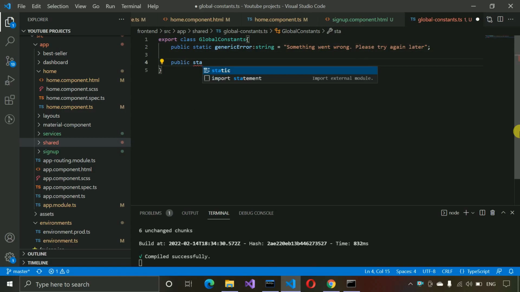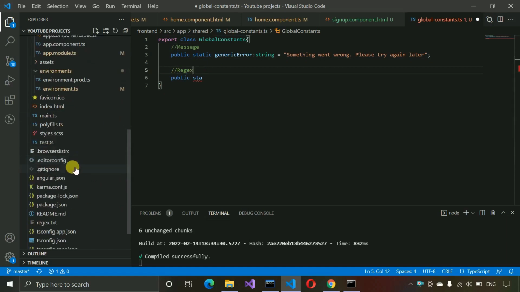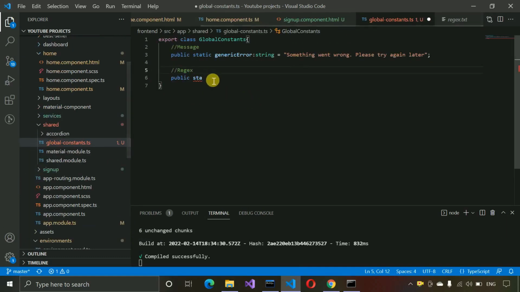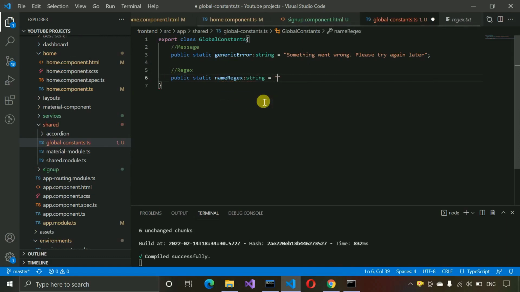Okay, so after that we need to implement the regex, right? So this will be the message actually, and the next will be regex. If you move a little bit down over here, I already provided the regex txt file. So we have to copy it from here for name. Here I'm going to write a static, and then name regex, string type. In double quotes we have to paste that one, and after that public,